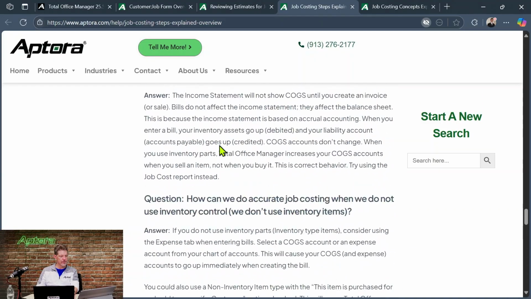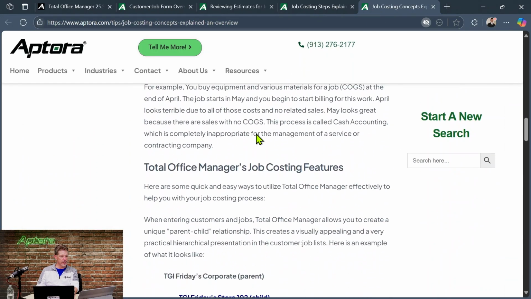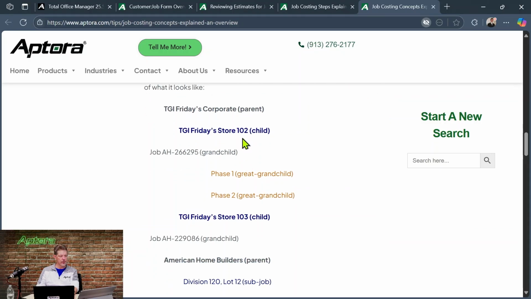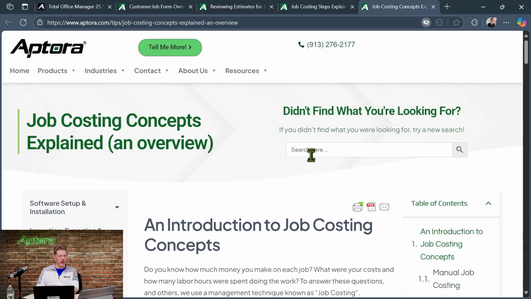And it just goes on and on and on. And then job costing concepts. So that's more details. And then, oh, and here's the job layout. So maybe TGI Fridays corporate, then you have store 102, then you have a job. You can even have a phase of a job, phase 1, phase 2 of that job. So that's explained. And then finally, like progress invoicing,